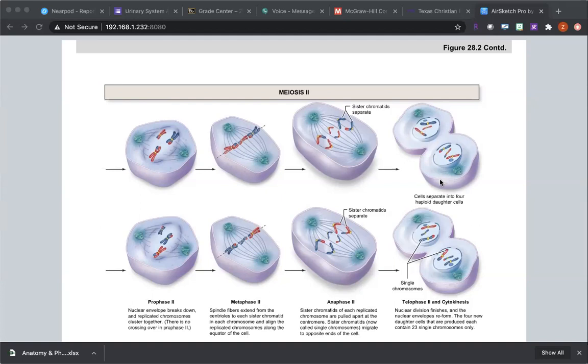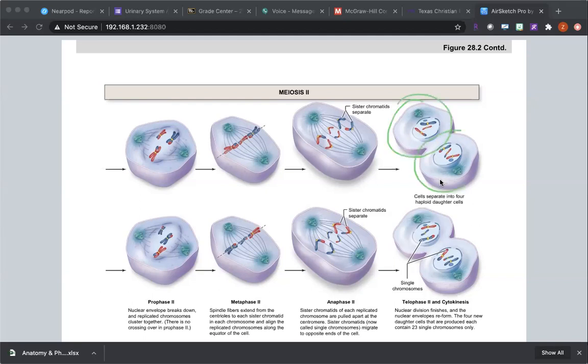The anaphase will cause the replicated chromosomes to split. So it's pulling apart sister chromatids now. In anaphase 1, we're splitting homologous pairs. In anaphase 2, we're splitting the sister chromatids. All right. And ultimately, when they're pulled to the opposite sides of the cells, we end up with